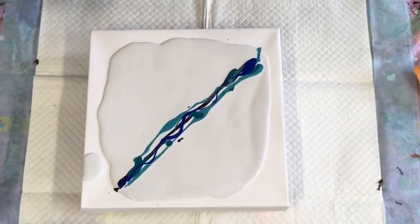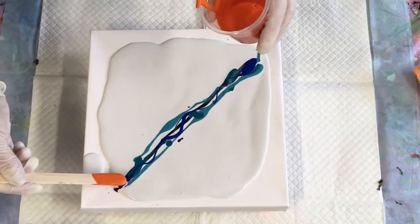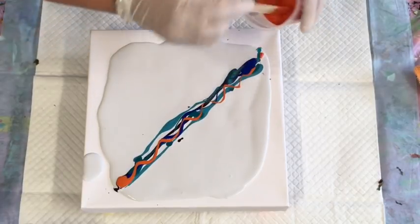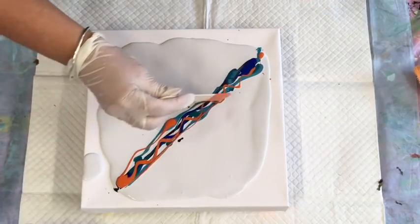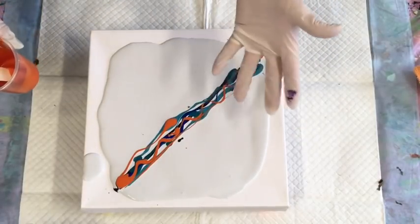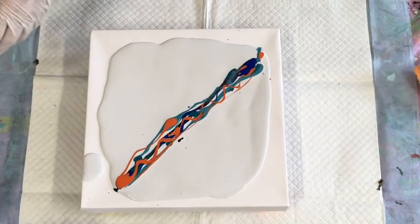Very, very windy here, and I feel as though it's almost trying to lift the roof on my garage where I've got my art workshop. You'll see I've got loads of videos of these particular swipes that I'm doing now, but I haven't done them with this particular paint. So